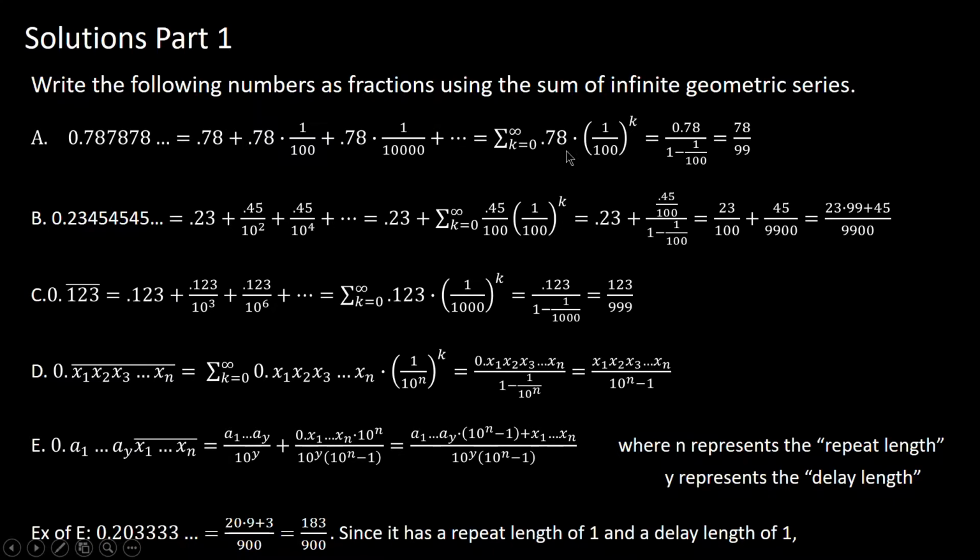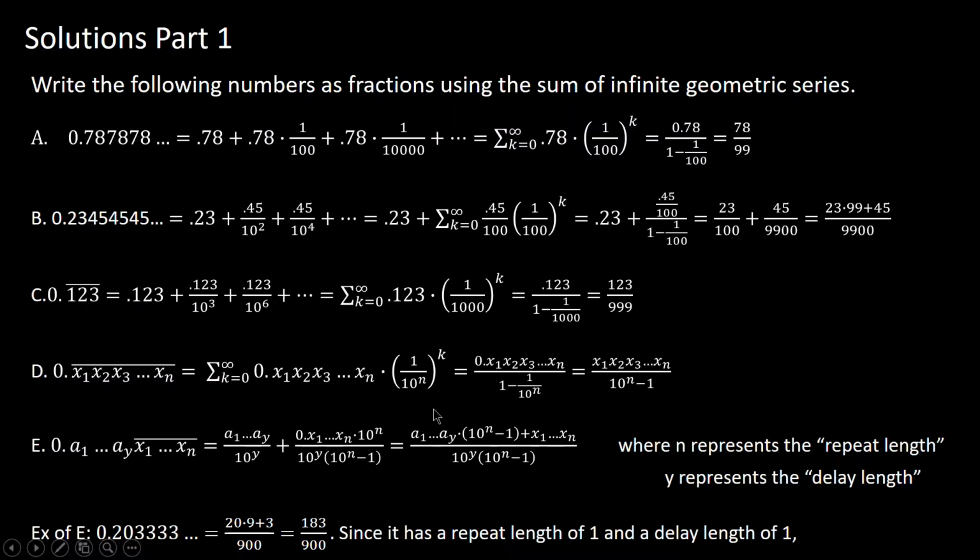So instead of starting at 0.78, we're actually going to start at 0.45 over 100. This is that shift of 2 decimal places to the right. And then, of course, jumping over by 100ths. So you get your starting decimal of 0.23, and then some quick algebra here, your starting term over 1 minus r, and that will reduce to this common state, which is going to be helpful for our solution in